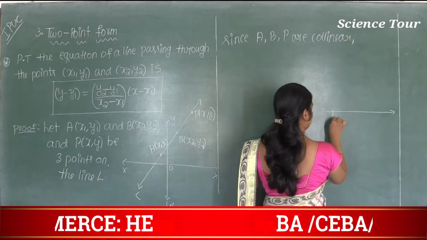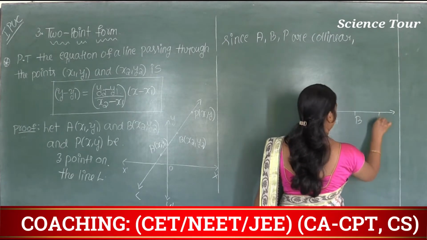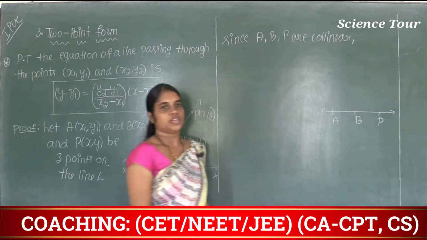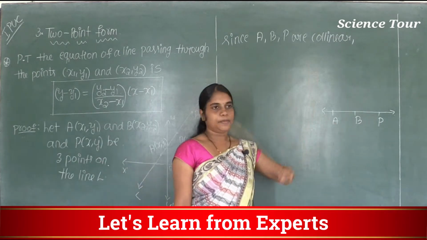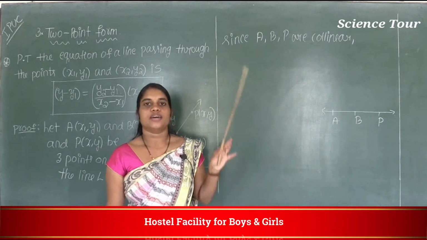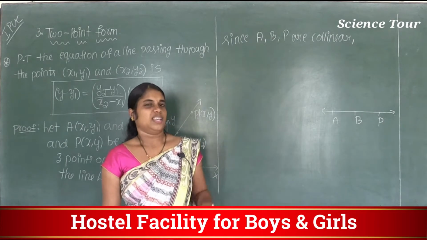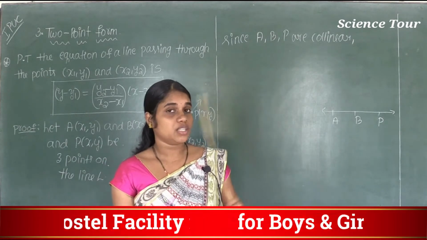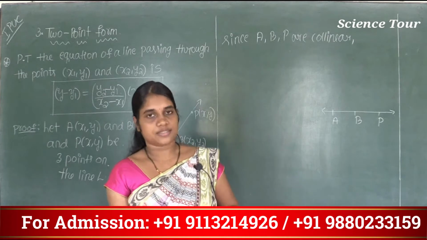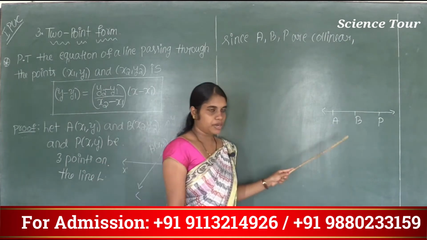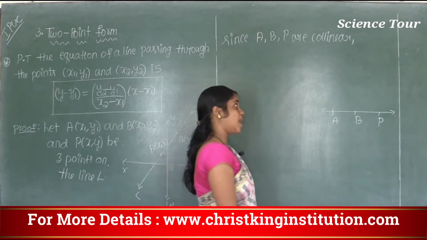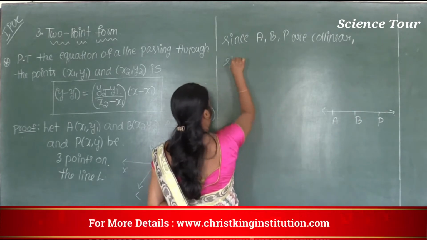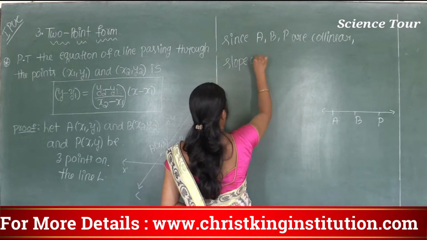See here, this is point A, this is point B, and this is point P. So you have to remember one point. If any 3 points are collinear, then is there any relationship between their slopes? Yes, it is there. Remember, if 3 points are collinear, then we can see that the slope of AB,